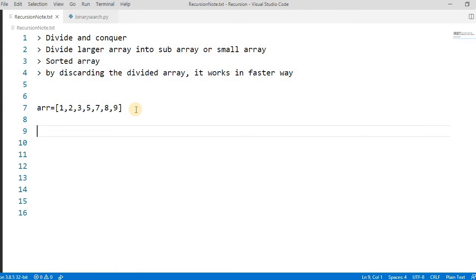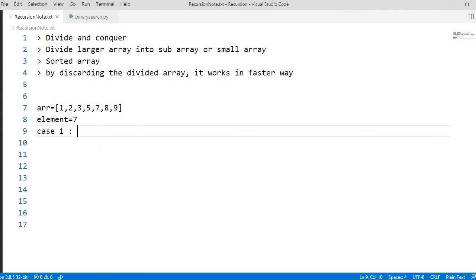By default it goes to the middle. Here the middle part is 5. There are 3 possible cases in a binary search. The first case is case 1, where it goes to the middle of the array. Let's suppose we have to find the element 7. So first we will go to the middle, and the middle here is 5.